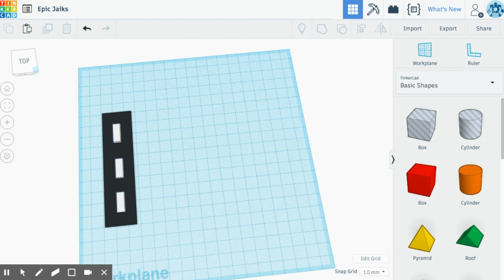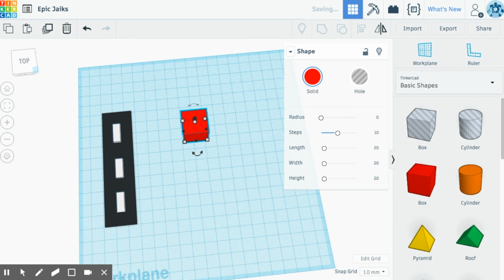Now, if I want to create a building, I am likely going to want to put holes in these shapes in order to create things like windows and doors and walls, potentially. So I'm going to show you how to cut some holes in your shapes. I'm going to grab this box here,